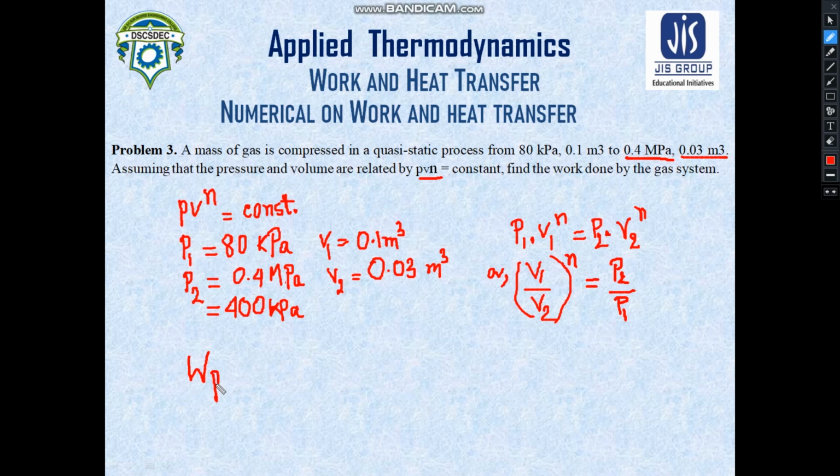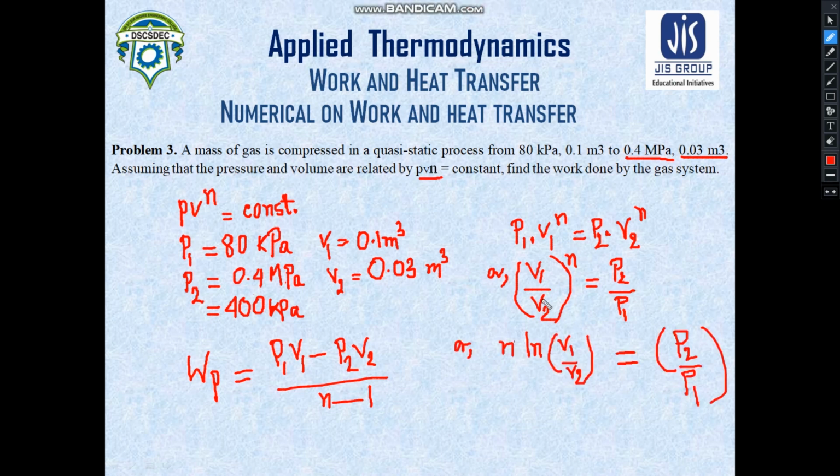We can calculate the work done in polytropic process using this simple formula, with n minus 1. So this n is the only unknown here. Now we can easily calculate this n from this equation. Simply taking logarithm on both sides, we find that n ln of V1 by V2 becomes equal to ln of P2 by P1,